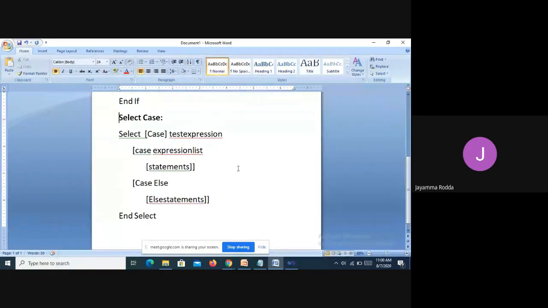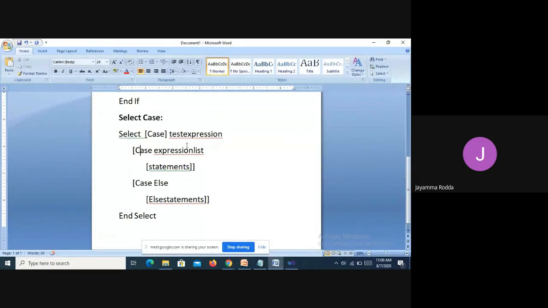Those range of values will be compared with the select case statements. The test expression is compared with this list of cases. In the switch case we have a default case; here it is known as the Case Else, with C in caps. The list of Case Else statements will be written, and then finally End Select, where the selection case will be ended.